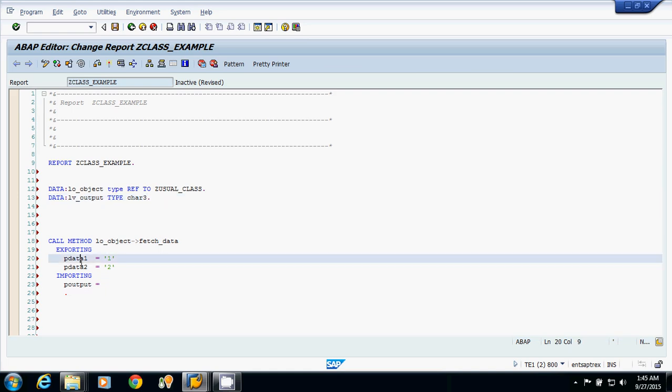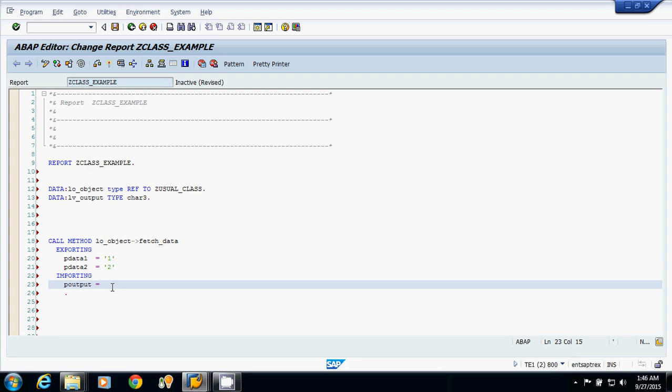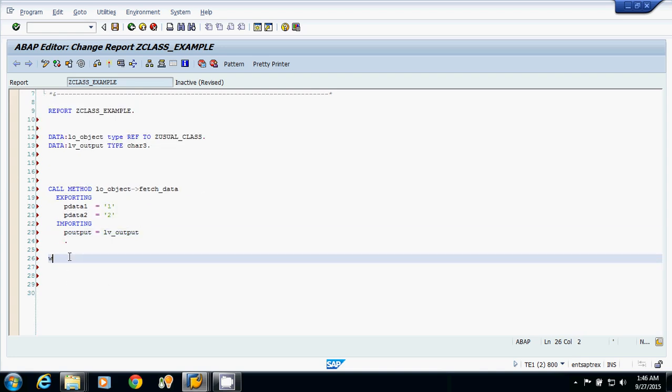I have two parameters: pdata1, I am passing the value 1, and pdata2, I am passing the value 2, and this is the variable which will give the output, lv underscore output. Now I am writing the output, lv underscore output. I am displaying the output.